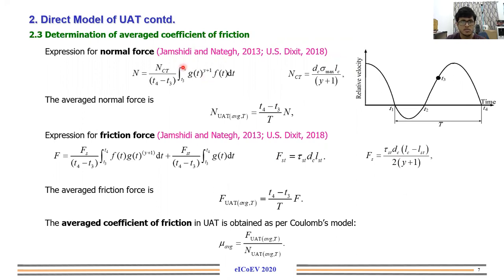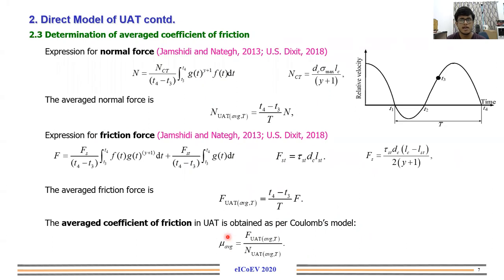Okay, so as we know, we have the normal stress and the frictional shear stress. So we'll also calculate the forces, the normal force and the friction force. These equations are also the combination of two different papers, and we have directly taken them from their paper. And we are going to use the Coulomb's friction model over here. So we'll be calculating these forces and just taking their ratio to find the frictional coefficient.